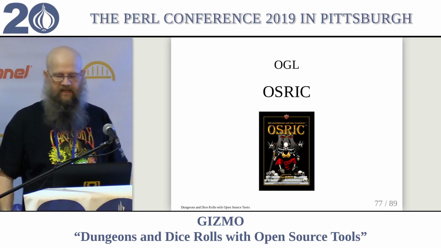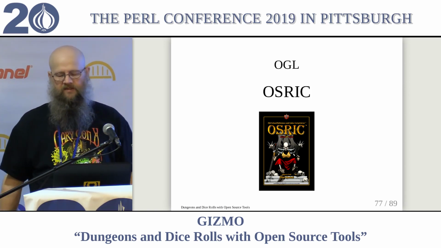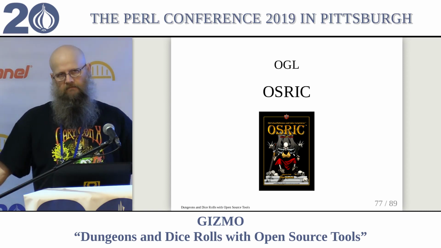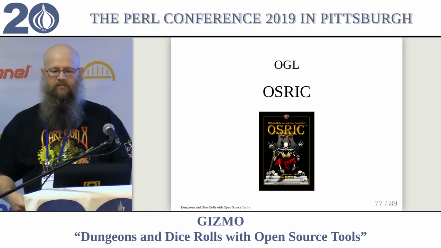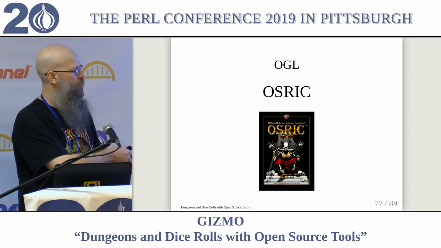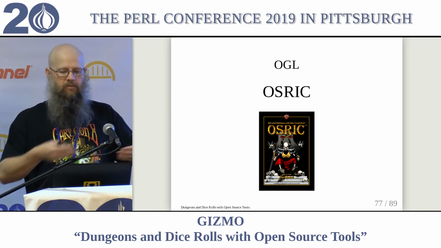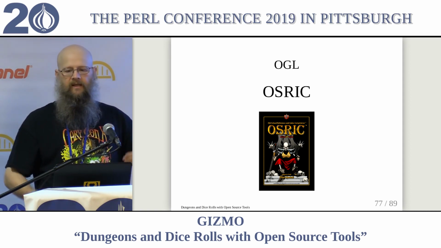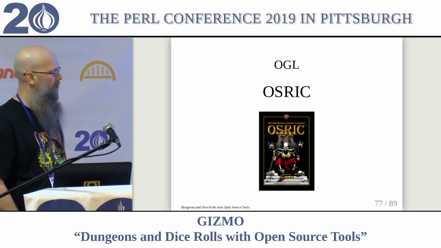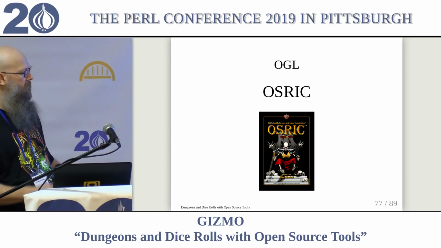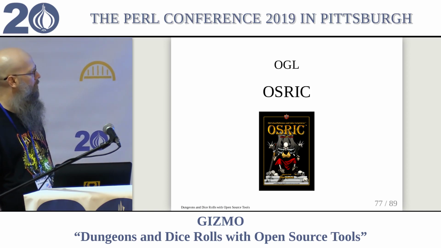There's a bunch of guys that like first edition. First edition, if you've ever read the books, especially the Dungeon Master's Guide, is kind of a mess in organization. So they created this Old School Reference and Index Compilation, which took as much as you could under the OGL and put it under one book, trying to organize it and index it, which is why it's the index compilation. And this is a pretty good reference if you want to do something that's pretty close to first edition D&D.